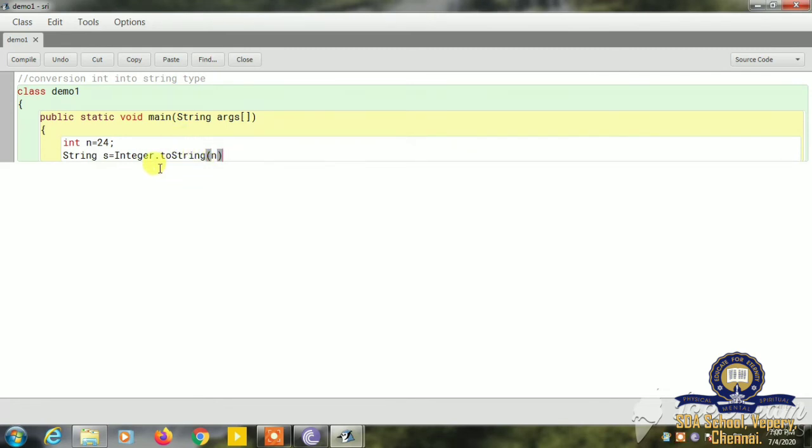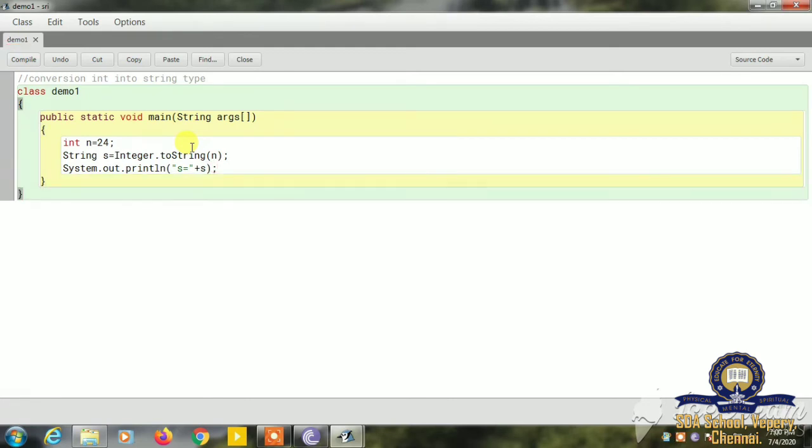The result will be stored in the format of string, so you have to use the string data type for the variable s. Now I am going to print the result. Closing main method, I am closing class.